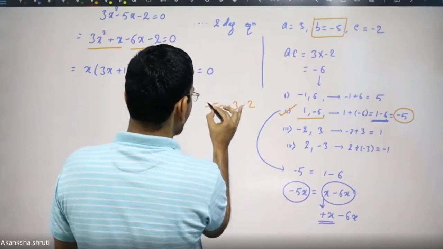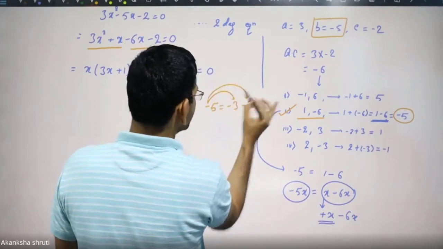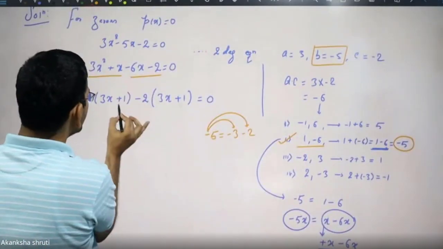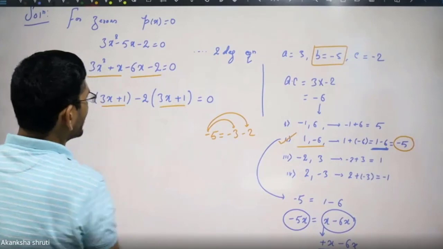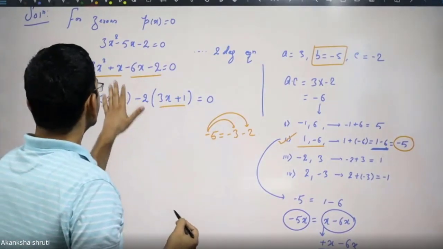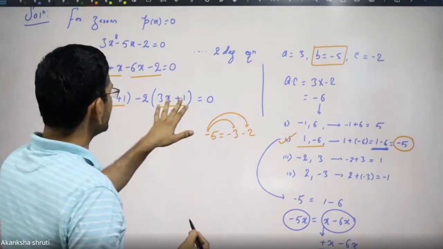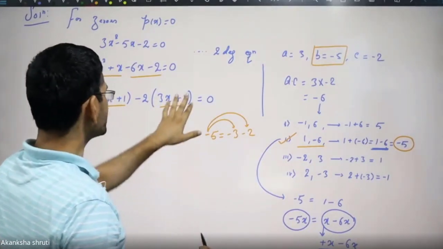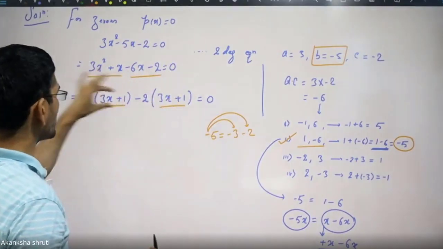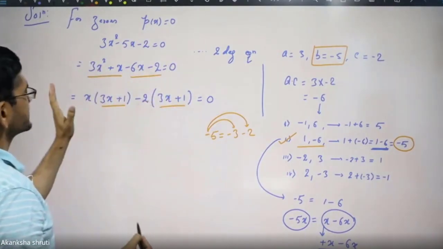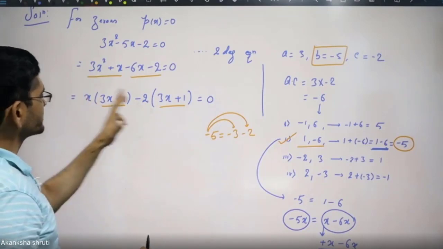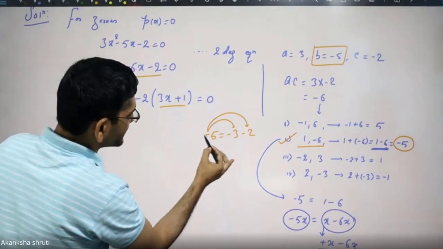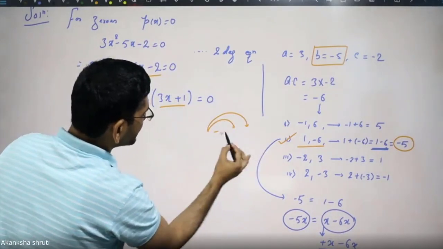Because minus 5 can be written as minus 3 minus 2 also. But while taking this minus 3 minus 2, you cannot take these two brackets common. At that time, this term and this term will be different, means these two common brackets cannot be taken. The purpose is to take this entire common bracket as one bracket and form the other linear factor. That's why we are avoiding the other splitting or any arbitrary splitting.